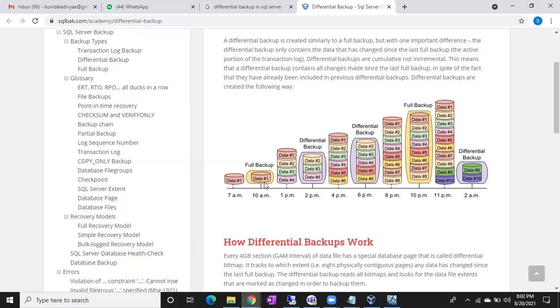What is the last full backup? 10 a.m. How many records are there at 10 a.m.? Only 1 record. From 10 a.m. to 6 p.m., how many new records are added? 2, 3, 4, 5, 6. So the 6 p.m. differential backup contains all the changes. Is it clear? Any issues, any doubts? Differential backup simply takes the backup of all the changes since the last full backup.